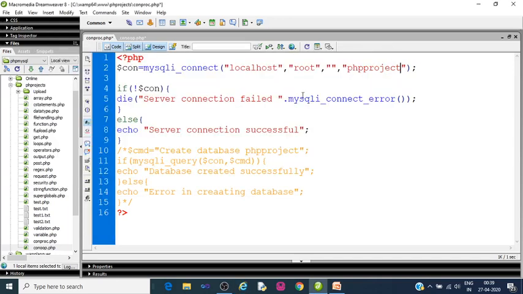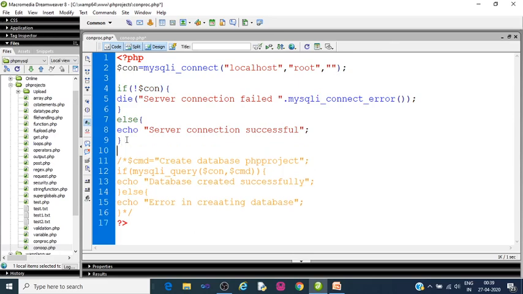So we'll just check it. Another method is just to select. Yeah, we can select using mysqli_select_db. The first method is $con, and the second way is just passing the information.